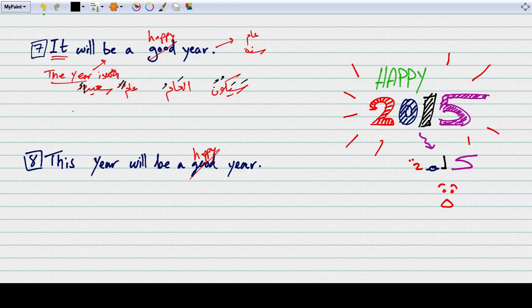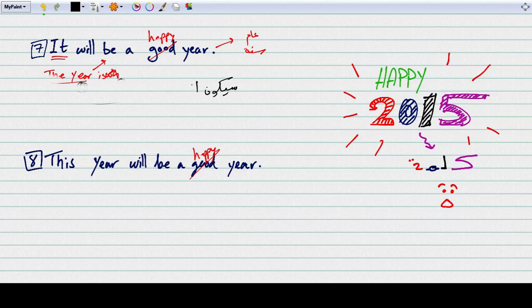Why did I change that? Because we add yakun. So basically what I'm trying to describe here is that al-amu takes dhamma, the piece of news that it's a good year or it's a happy year. So aman sa'idan. If I clean this up, okay, and just write it again,